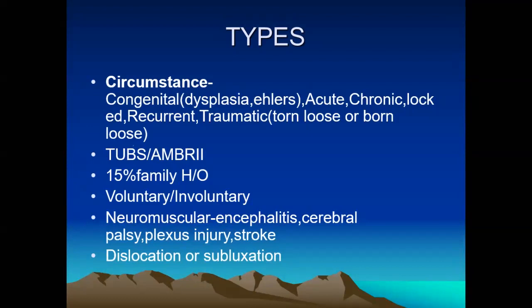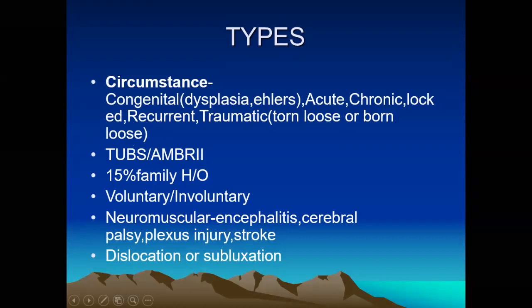These two terms you must understand very well: TUBS and AMBRI. I saw the recent Campbell edition doesn't have the TUBS and AMBRI words. TUBS is a single, unidirectional traumatic episode, which needs Bankart surgery. AMBRI is atraumatic, multidirectional, bilateral, where an inferior capsular shift has to be done, whereas in TUBS, Bankart surgery needs to be done.